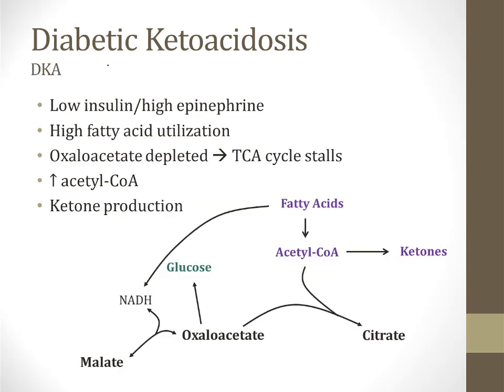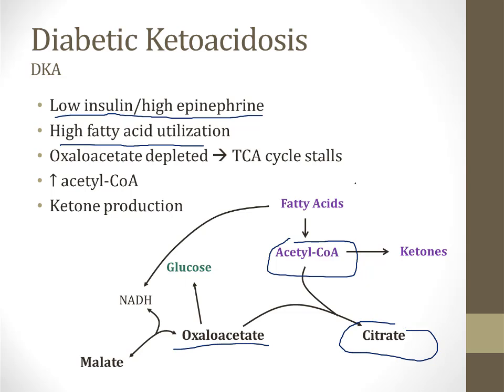In the biochemistry module on ketone bodies, I talk more about the biochemistry of DKA, but I'll just review a few of the highlights for you here. In the setting of low insulin and high epinephrine, there is high utilization of fatty acids. Fatty acids can be converted to acetyl-CoA. Normally, acetyl-CoA can enter the TCA cycle by combining with oxaloacetate to form citrate. However, in the setting of low insulin and high epinephrine, all the oxaloacetate is being driven towards glucose. This means there's not much oxaloacetate around to combine with acetyl-CoA, and therefore ketone bodies are produced.